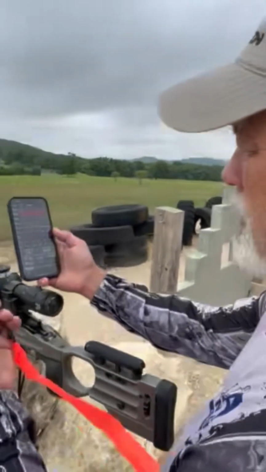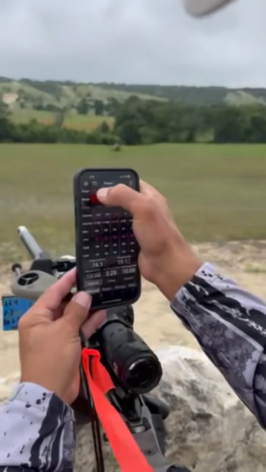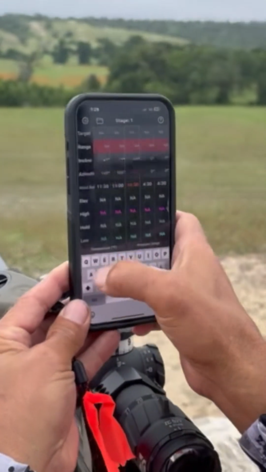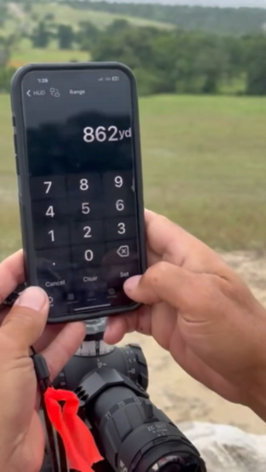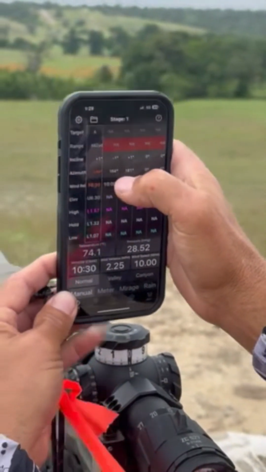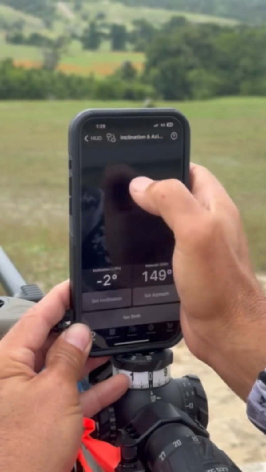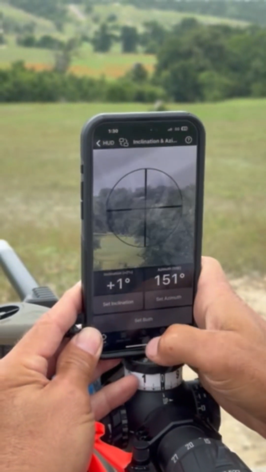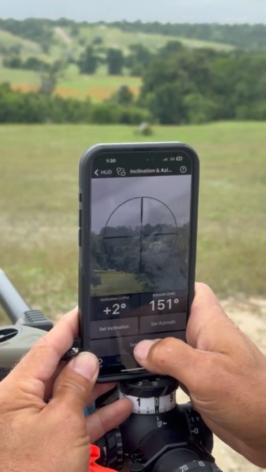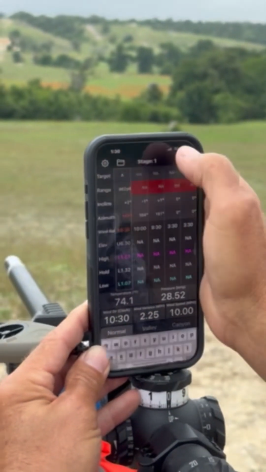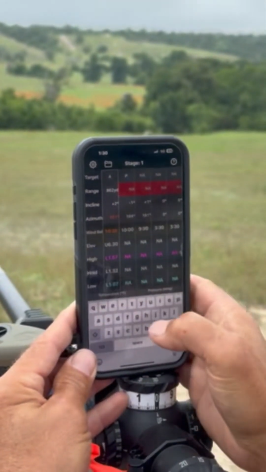So you just grab your phone, open up the app, you look at your book, you put in target A, the range is 862. I'm going to set it, then I'm going to grab the azimuth to the target. So I'll go up here and I find the target, and I set both the azimuth and inclination. Then I'm going to go to the next target, Papa,